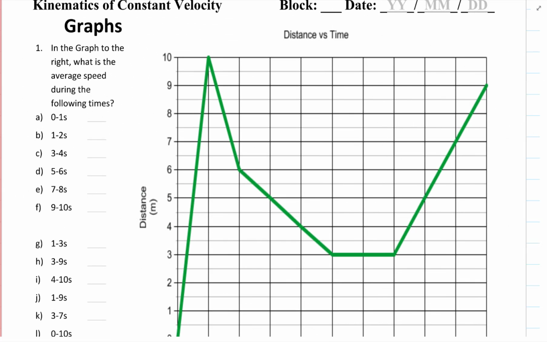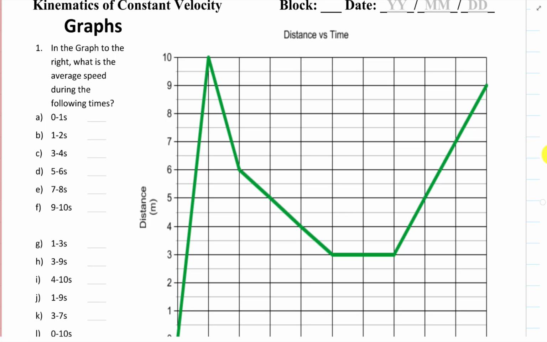Welcome back, physics fans. Here we go on graphing. This is just constant velocity graphing. So we're on a distance time graph. In this case, we could have made a displacement time graph with a direction, but that is a different version